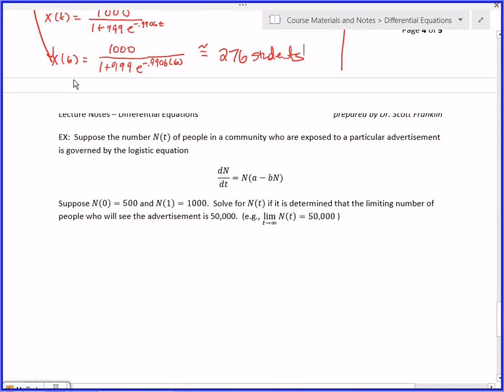Okay, the next problem, I'm not really going to work it all the way. In fact, I'll kind of give you some tips of what you would do to finish this problem, but it's the same question, except that to find the parameters, you're given a different set of information. No, actually, that's not even true. It's the same type of problem where you plug in your A and your B, but where things get messy is,